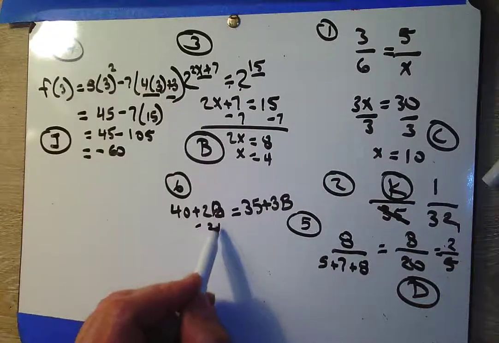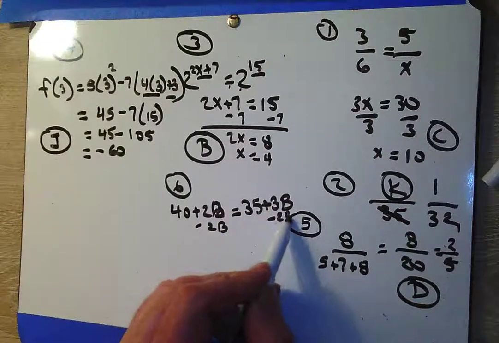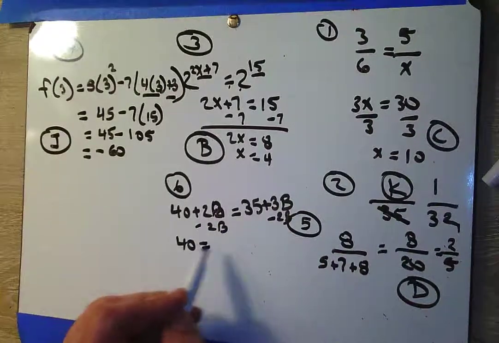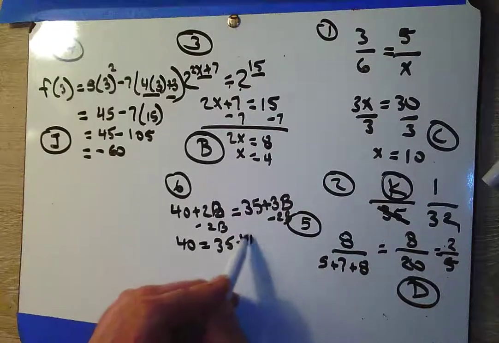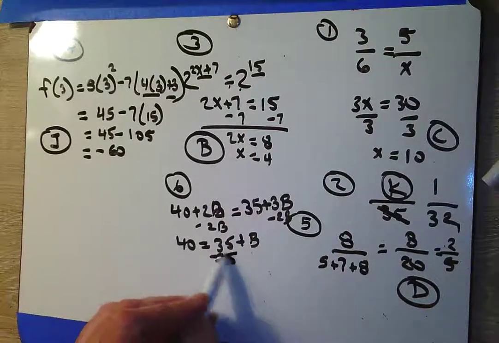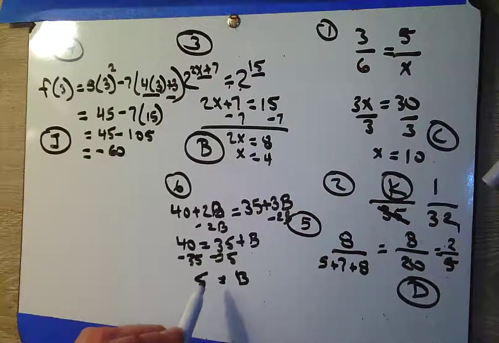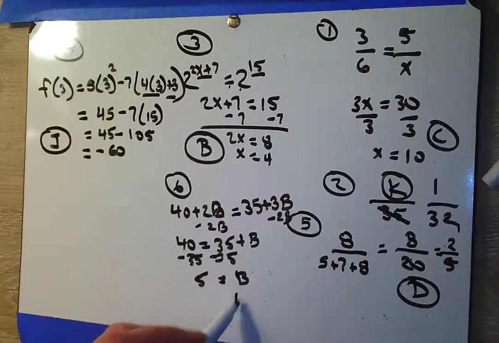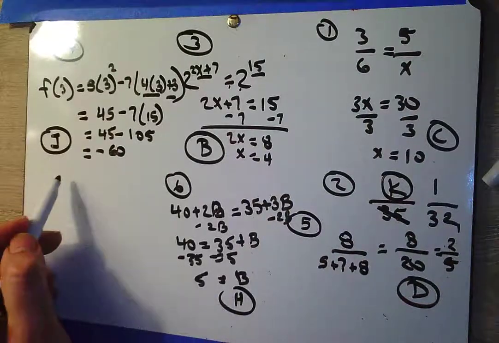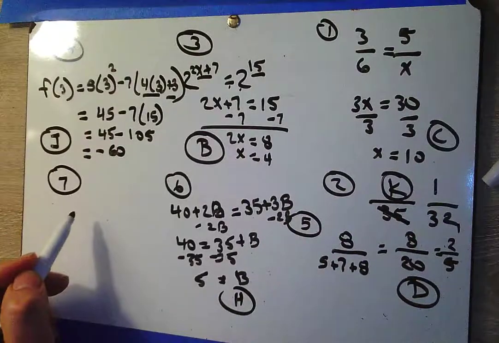So if I subtract 2B, I get 40 equals 35 plus B. And if I subtract 35, I get that B equals 5. And so that's choice H for number 6. And finally, number 7